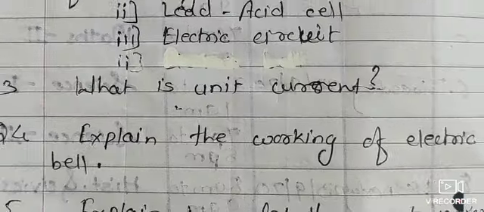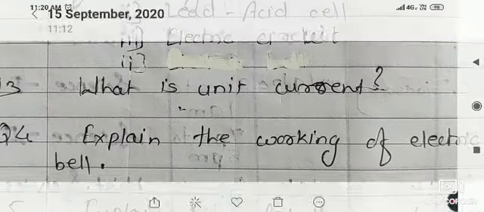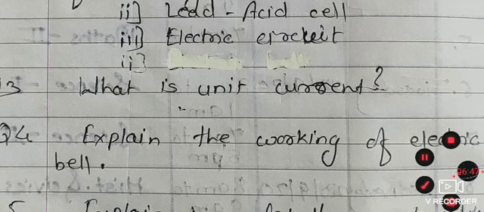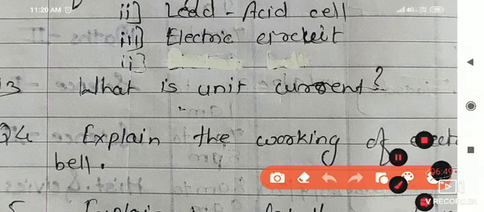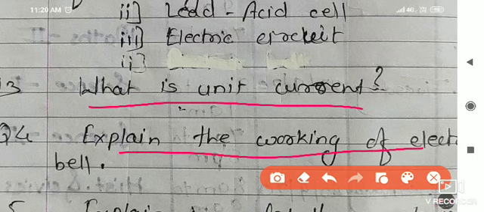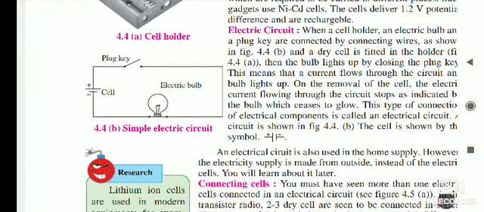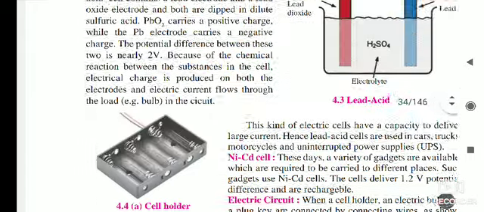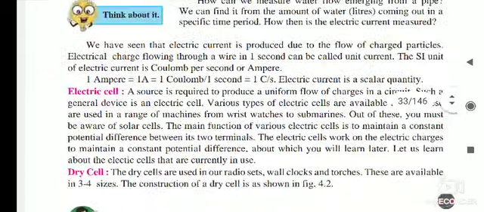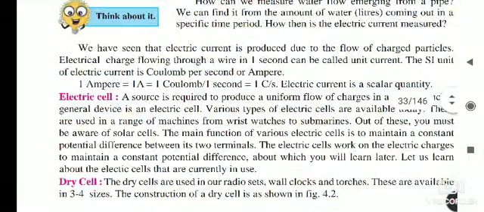Then the next question also we will see: explain the working of an electric bell. We will see the answers to both these questions now. Which two questions? What is the unit of current, and second, explain the working of an electric bell. So here, what is the unit of current? If you see the answer to this question here,